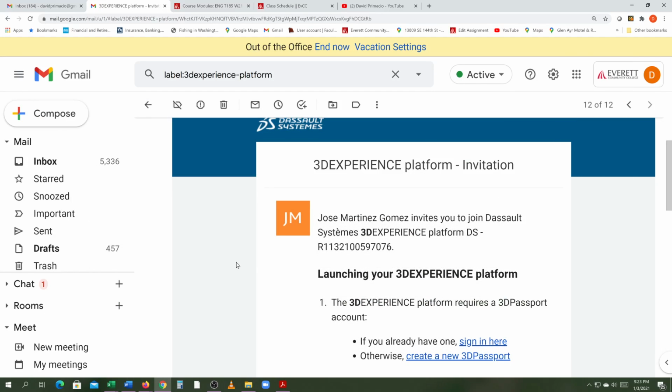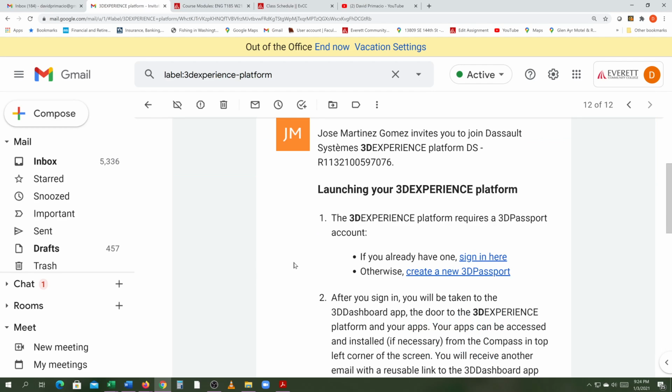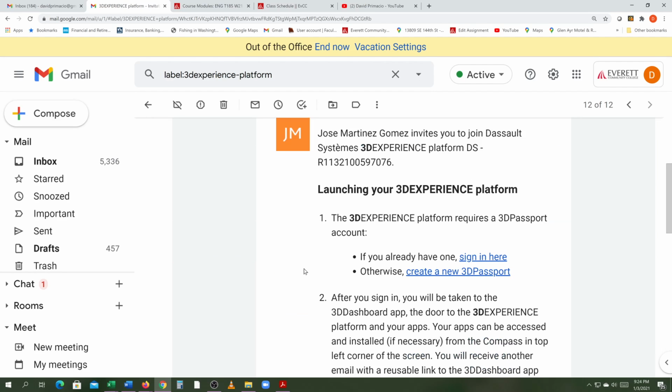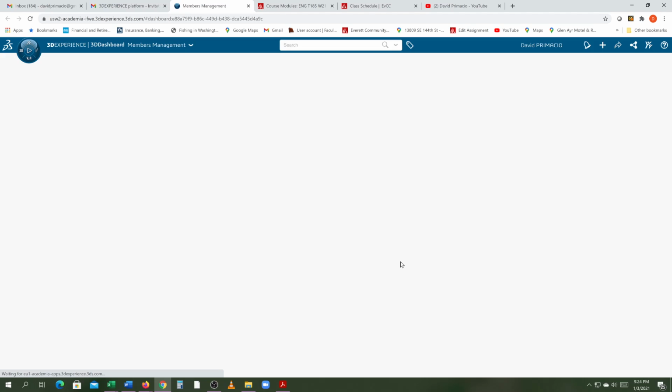Okay, assuming you have established an account, you should get an email back that would allow you to actually access the 3D experience. You'll get an email from the Dassault system, so it'll look like this. I just keep that there, and every time you go to your email, you can open this up. I just sign in, and it should remember you. You might have to type in your password, but